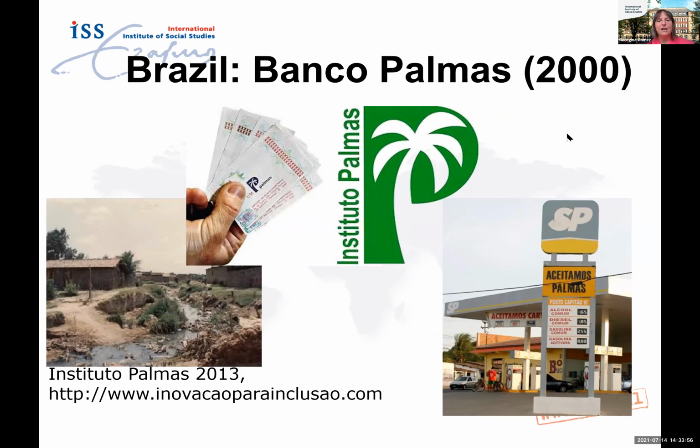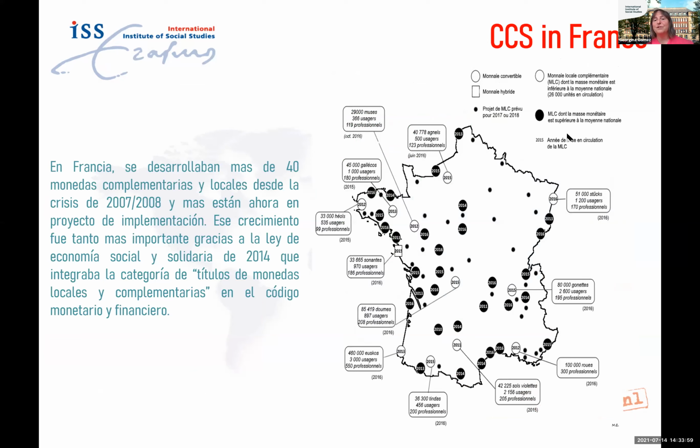You might say, okay, this works in Brazil, but because it's a place where there are so many poor communities. But it's important to keep in mind that it also works in other countries. They are very extended in France, for example. There are a few hundred of them in France, but more with a system of democratizing who creates. I'm sorry, this is in Spanish. I forgot to translate it. With the idea of devolving the rights to create money to the communities as well, to be able to decide themselves what they want to use and how they want to use their own resources.